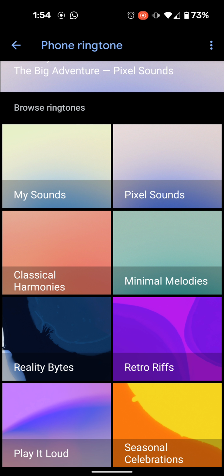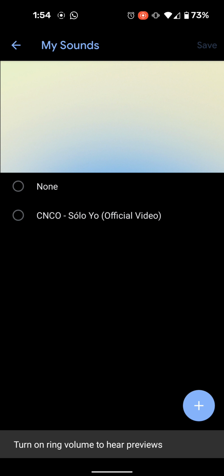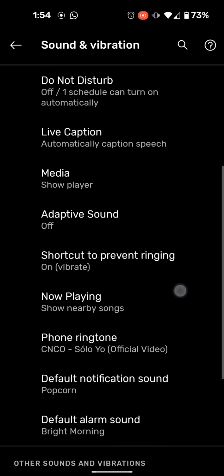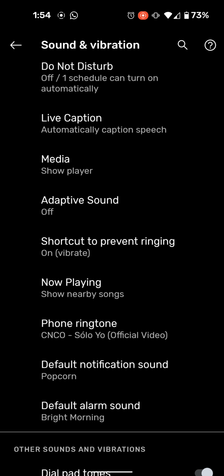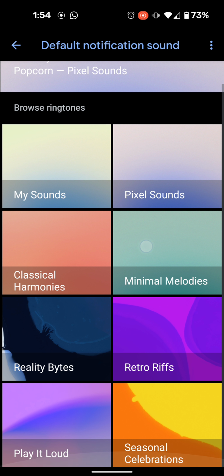So if I want to choose anything else, all the things are right here, my sounds. If I want to choose something different, save, and now if somebody calls me, this is the ringtone. If I want to change my notification, I want to change that to maybe, I don't know,